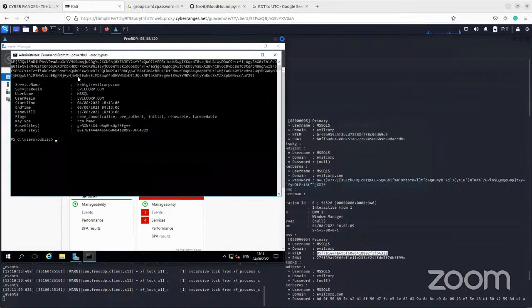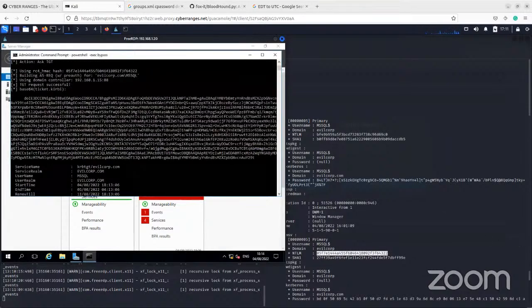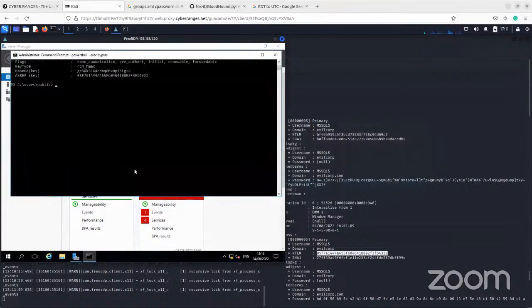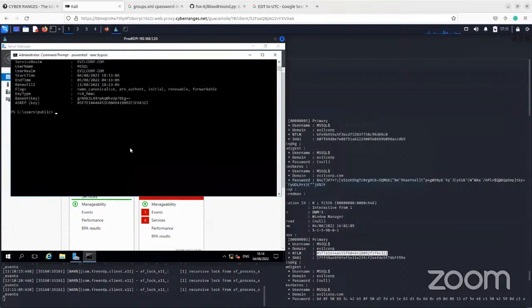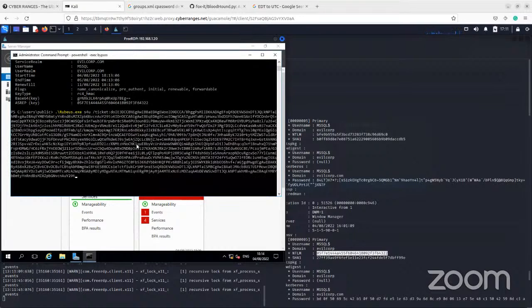So now that we have the ticket granting ticket for this machine account, the next step we need to do is run Rubeus and use the S4U module. So just go up here, run Rubeus. We're going to supply it S4U. Then here we have the ticket, which we got, which is the ticket granting ticket. So we've copied it. We'll paste that here. Then we're going to give it the